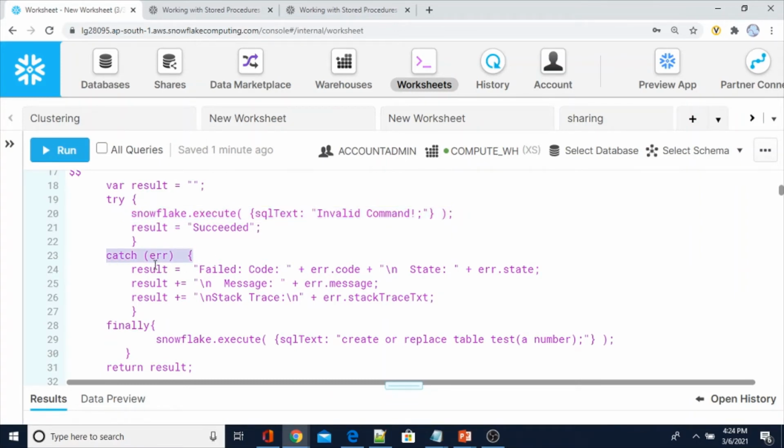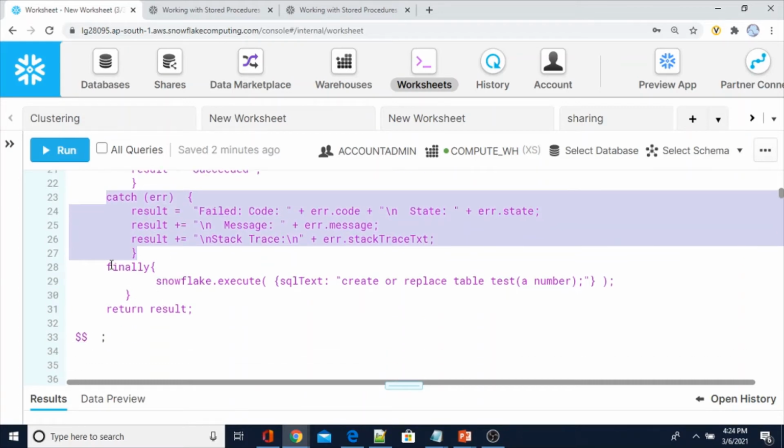Inside that catch block we have an error object. From this error object there are methods to capture the details, like what is the error code, what is the error state, what is the error message, and what is the stack trace text. After that we have a finally block.